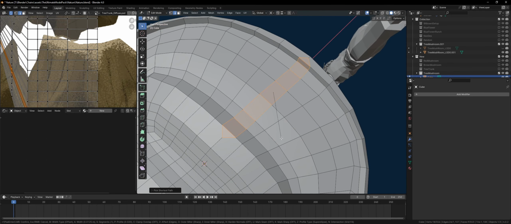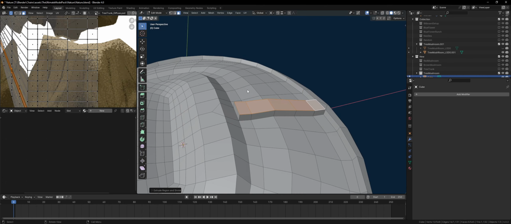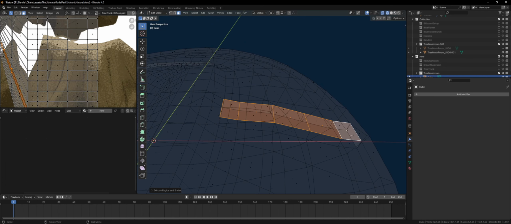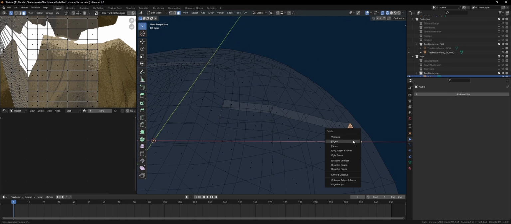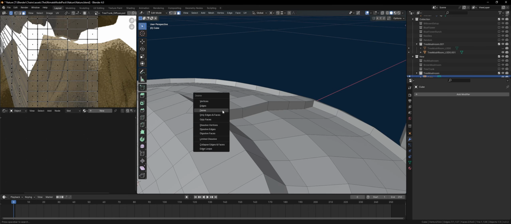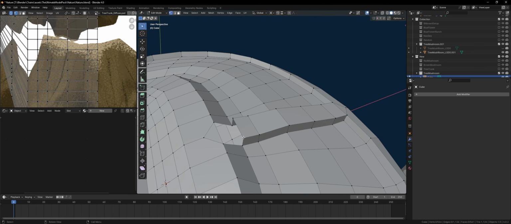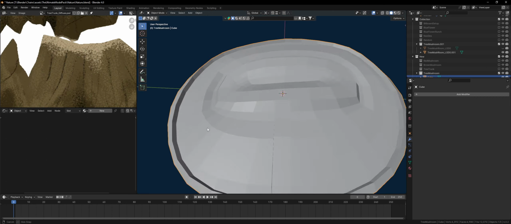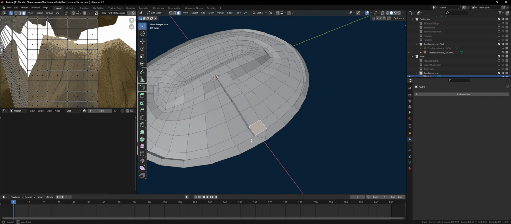So if I do that, extrude, delete the faces here, merge, delete these faces, and they just merge here. Yeah, I'll merge as well. Now the idea is I'll have these sort of